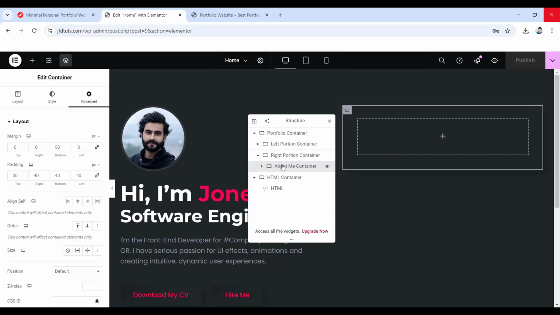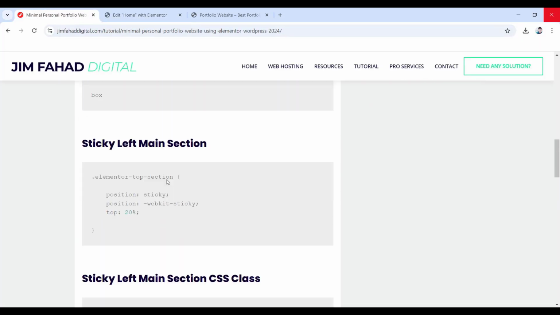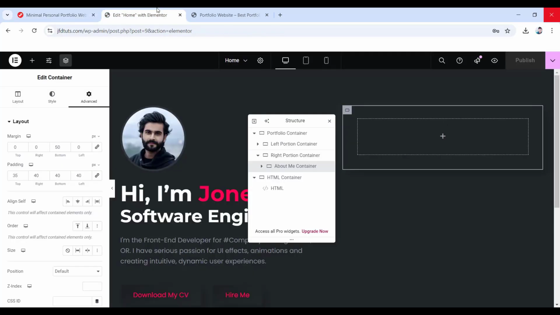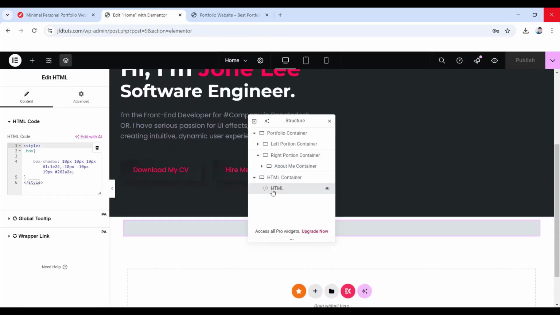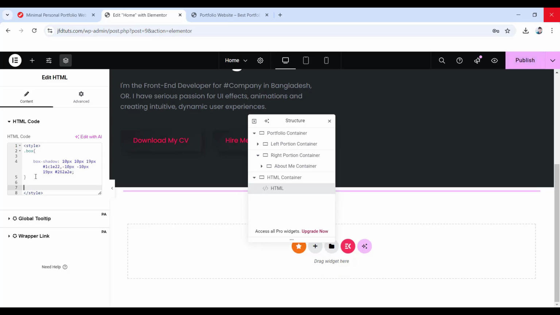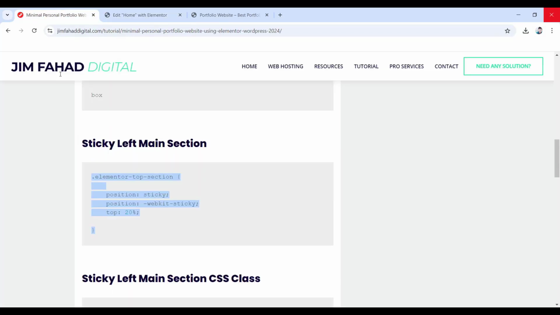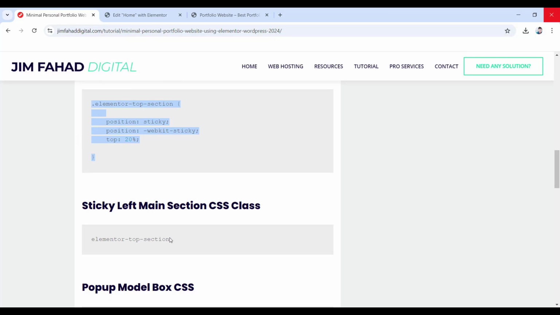Now I actually want to add another CSS code, so let's go back to jimfadigital.com. Here scroll down, and then you'll find this sticky left main section. So just copy this whole section, right click over it, click on copy, go back, then go to HTML widget, and here after this second bracket right here, you just need to press enter to make some space, and then in the middle let's just right click here and then paste the code snippet. Now go back, let's copy the CSS class,